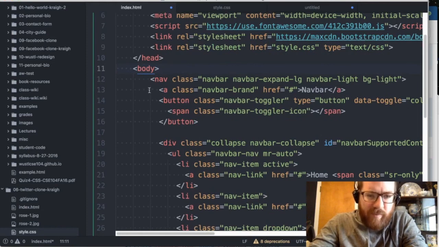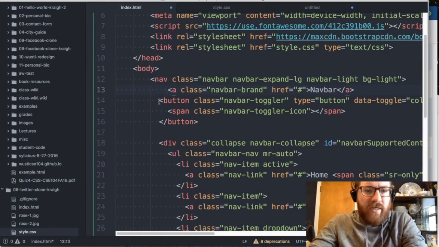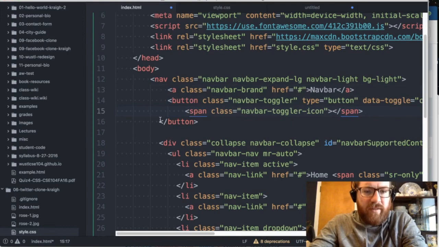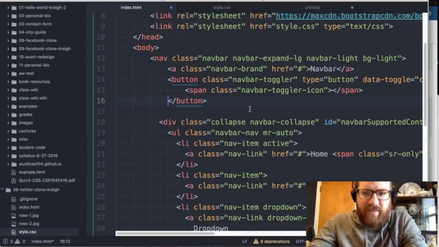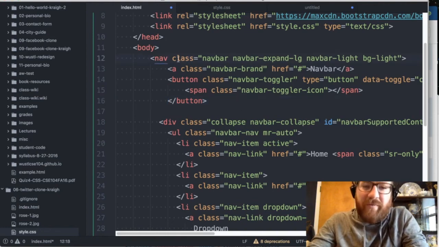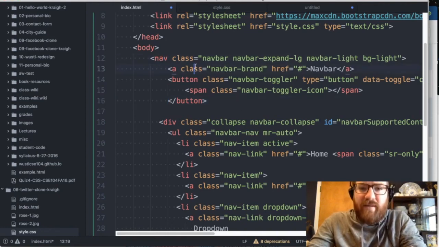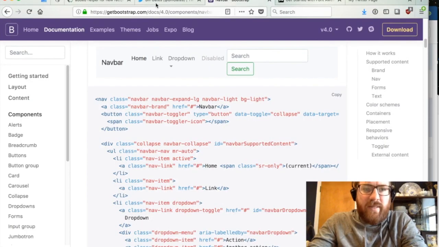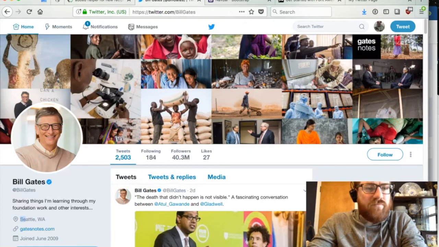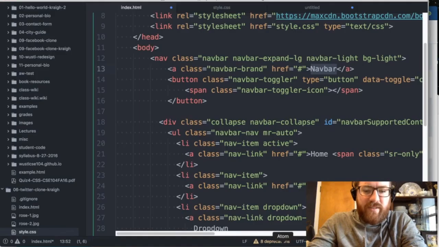We don't really need that H1 anymore. One kind of annoying thing, most of their examples use 2 spaces. So if your Atom is configured for 4 spaces as your tabs, you might want to tab things over a little bit just to make it neater. I'm not going to worry about fixing the rest of them. So again, we've got our nav. We've got our navbar-brand, which is meant to be like your title. We actually won't need that. We've just got the links on Twitter here, so we can get rid of this navbar-brand